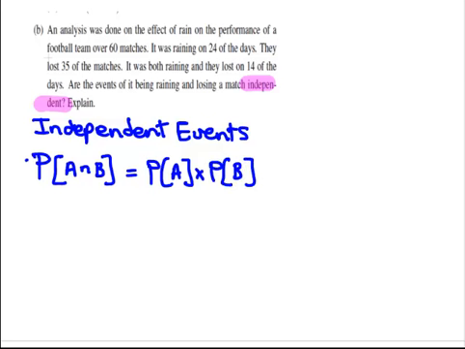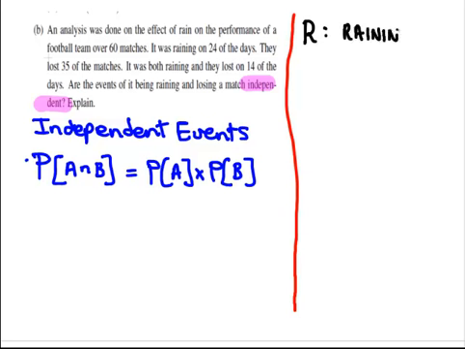Now, what we have here is three descriptions of events that have happened, or compound events, and what we're going to do is see if they reconcile. So let's on the sidebar here just make a few notes. The first thing we were told is that R is for raining. That's the first of our events. Okay, and the probability of R is 24 divided by 60, and 24 divided by 60 is 40%,